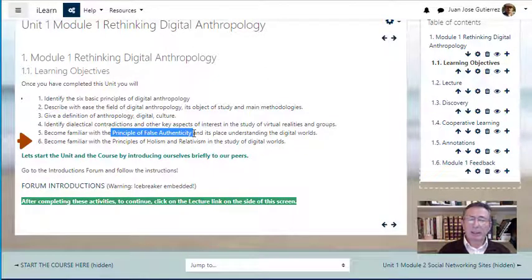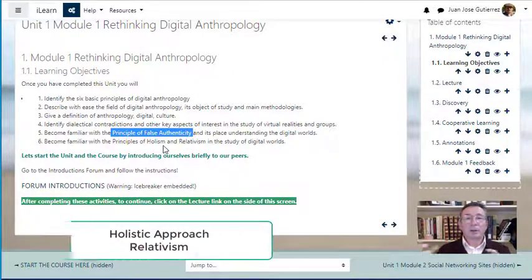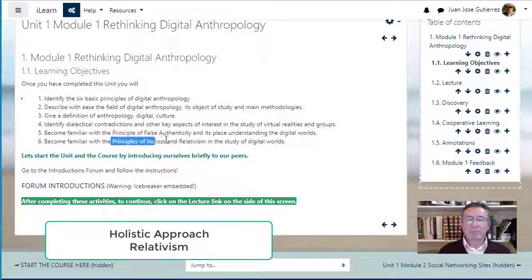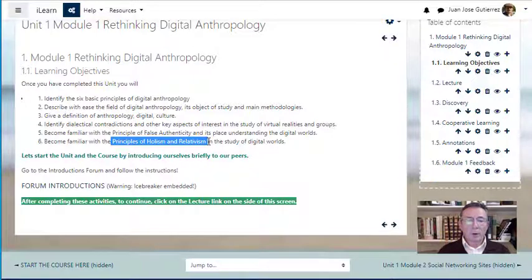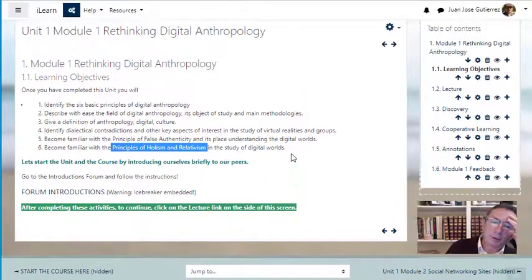And last but not least, since it is cultural anthropology, the concepts of holistic approach and relativism do apply, and I need to bring you back to those ideas as key central concepts that need to be understood.